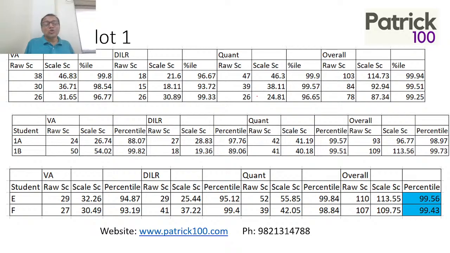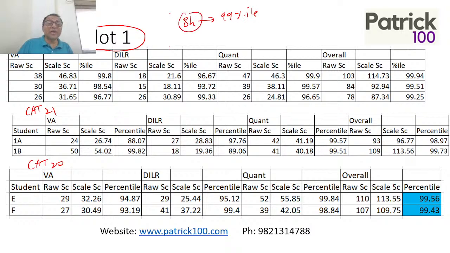Okay. So I've come up with this slot 1. Let's start with each slot. And this is the CAT 22, CAT 21 and CAT 20 scaling that has happened. Now last year, I'm just giving an idea, we said that 84 marks was a 99 percentile. But 84 was, remember, a scale score, not a raw score. So actually the raw score would be lesser than that. Let me give you an example.